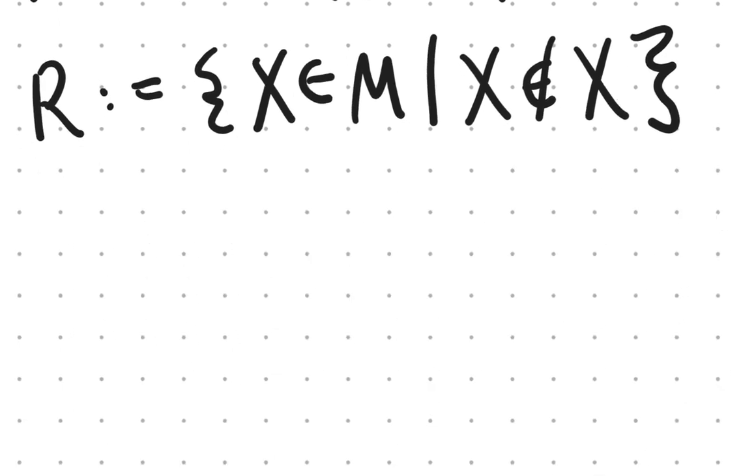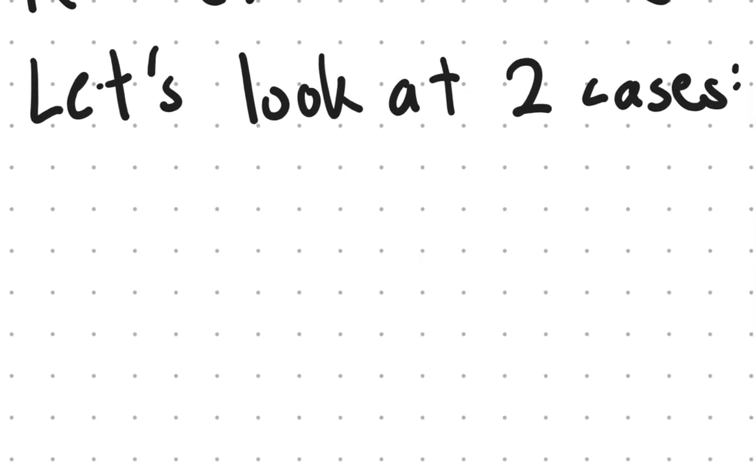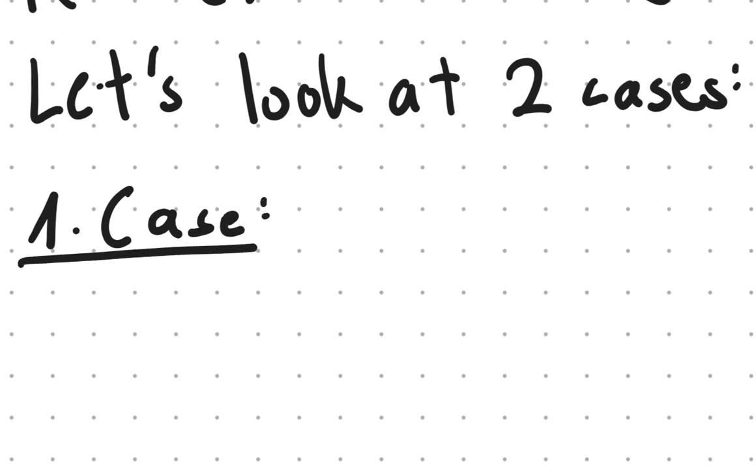So if we define this rest set, we can actually see two opportunities or two cases. So let's look at two cases here. The first case is that when the rest set is an element of the rest set,